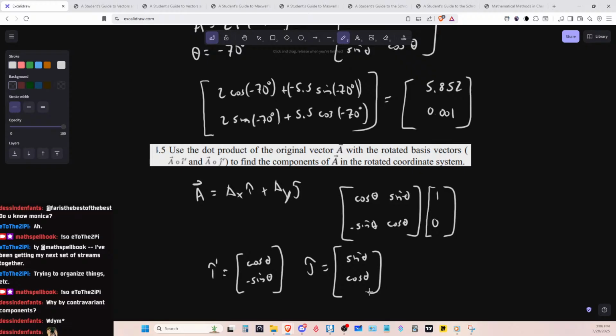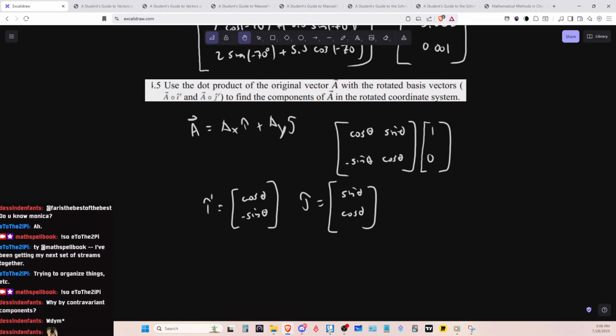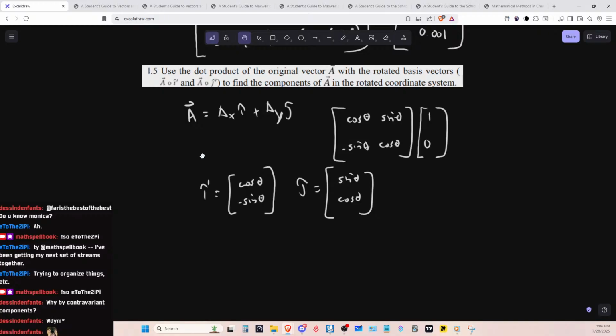Set it up like this. Find the components of A in the rotated coordinate system. So if that's the case, we're going to have